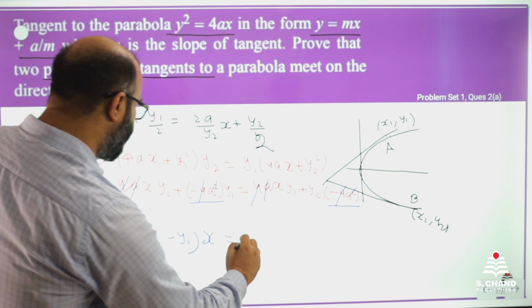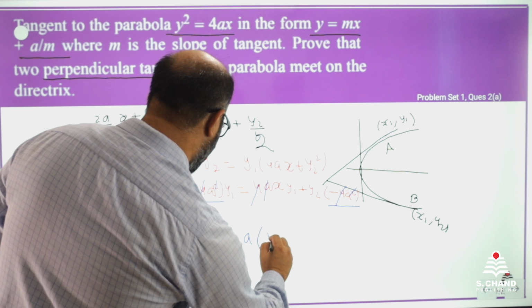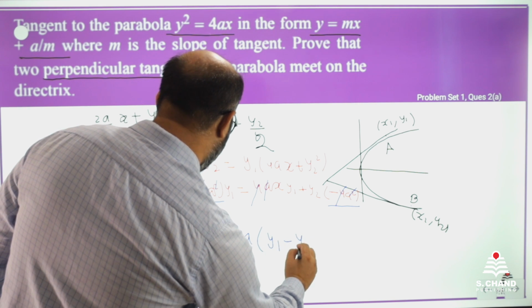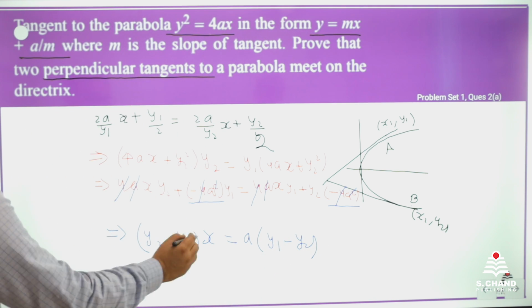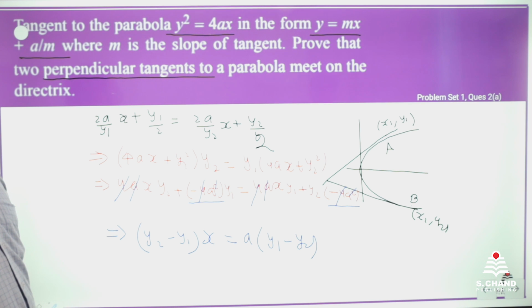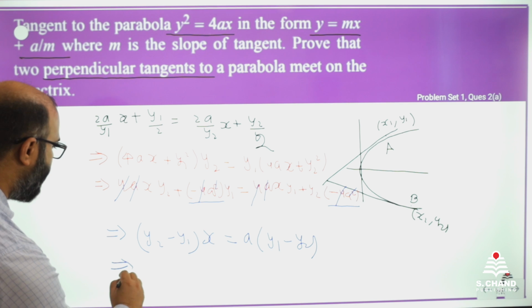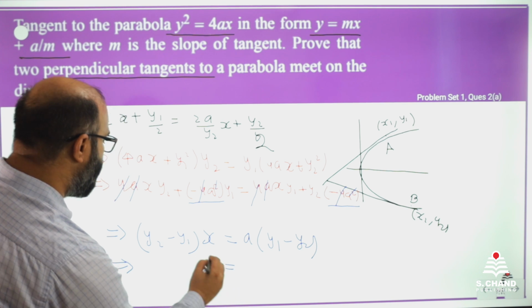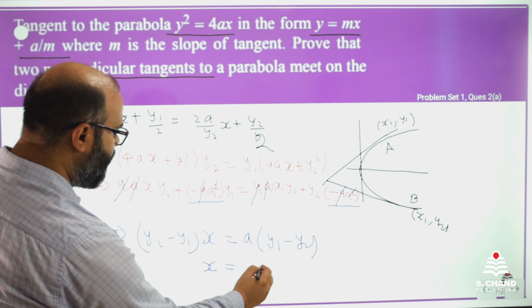You can take on the right side, a into (y1 minus y2). Now y1 minus y2 will get cancelled from both the sides because y1 is not equal to y2, and you will say that x is equal to, because this is y2 minus y1, this is y1 minus y2,